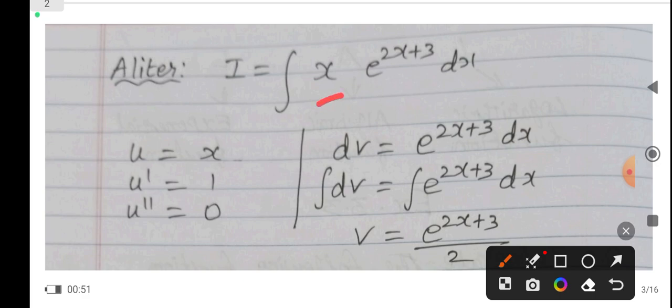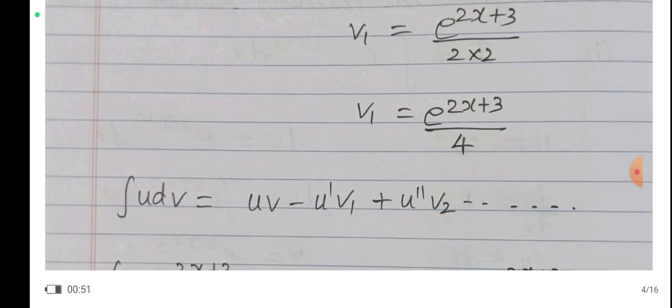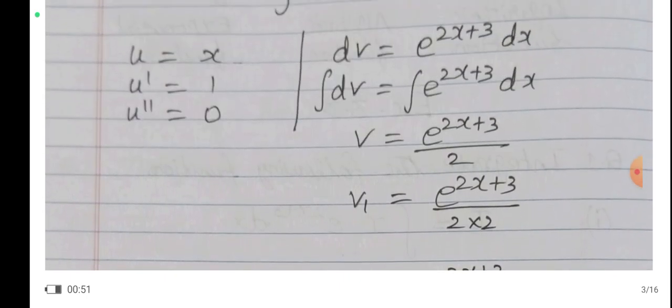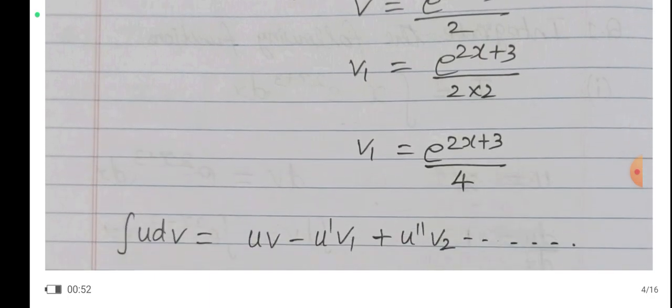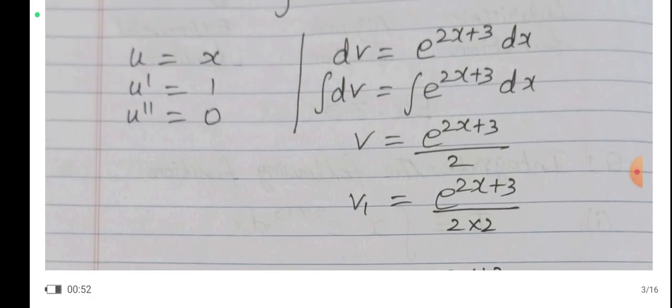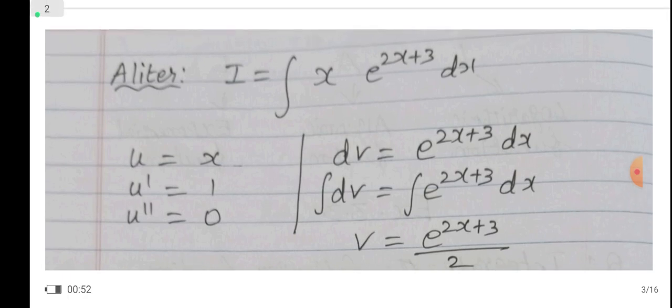So if I consider u as x, I will get u dash as 1 and u double dash as 0. At a point of time it will stop. As per the formula it will go on. So if it is some other term like log x, we consider u, where will you stop? So in that sense, always